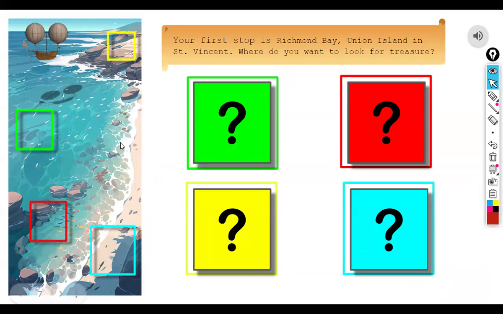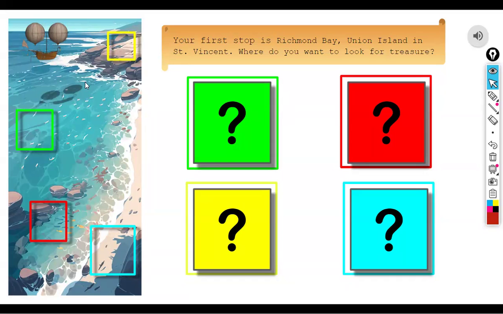You always see the little diagram there. You want to look in the yellow area, the green area, red, or blue. Choose one area and let's see if you get lucky. Whatever you find, make sure and write it down. It's going to be real important. Keep track of everything you find because you're going to get a chance of using it later on to make the class fun, right?